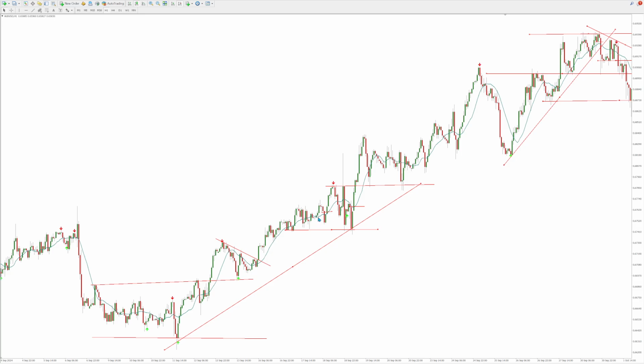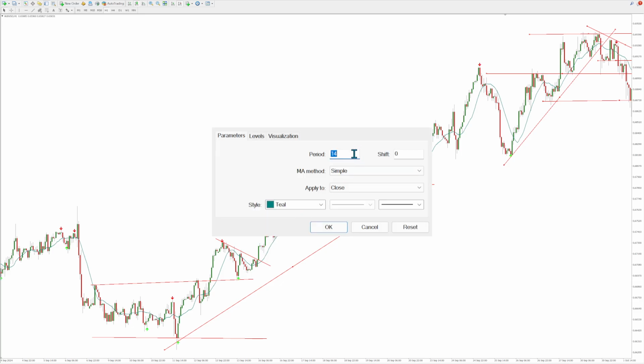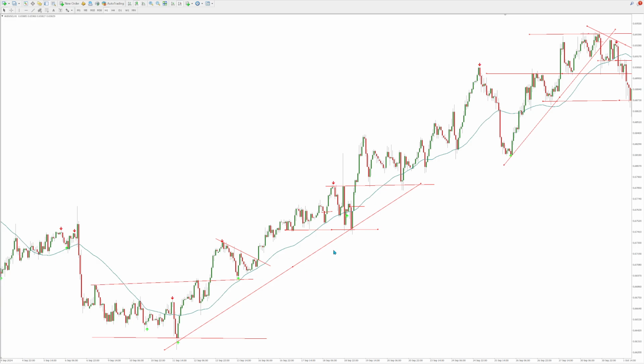Okay, I mean, price is above it, we're in an uptrend. If price is below it, we're in a downtrend. Okay, if you want it even more obvious, just change the period like that. There you go. Is that any better than this? Is this super arrows indicator any better than that? Maybe,